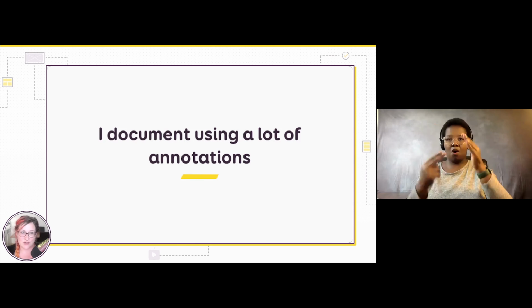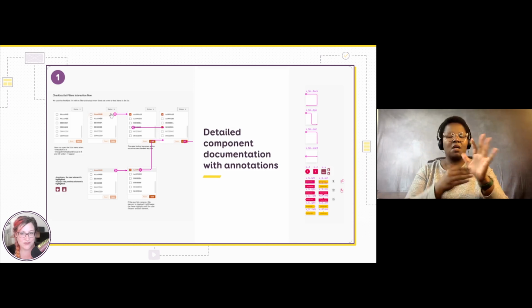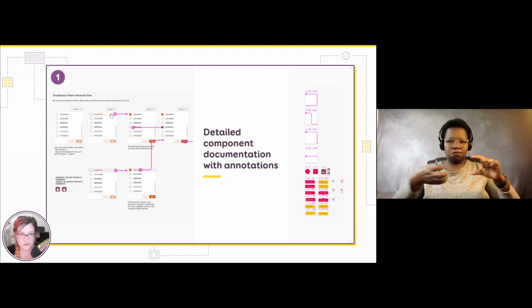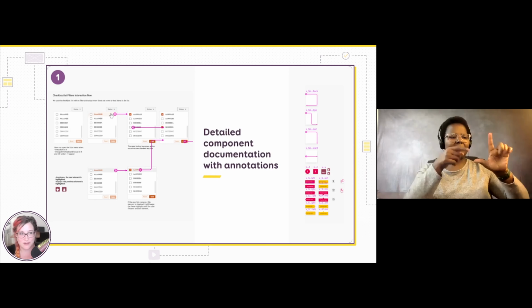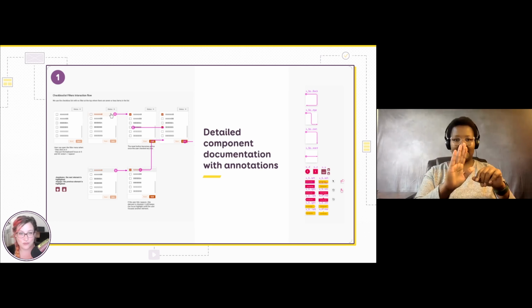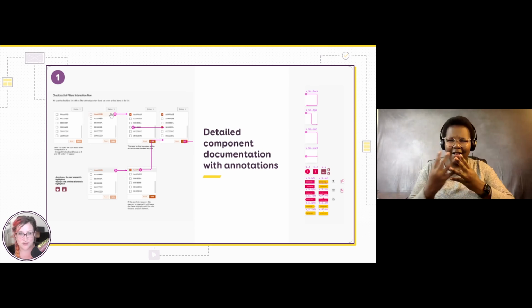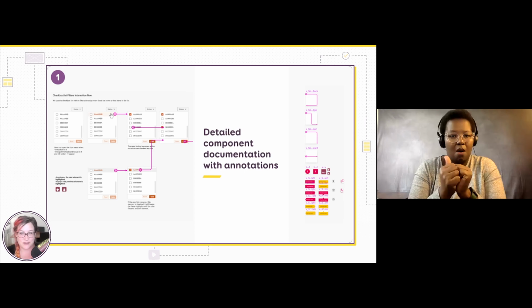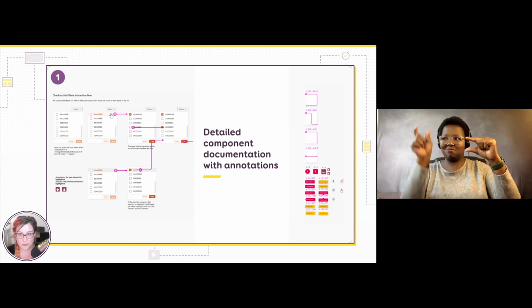And I document a lot of things using annotations. On the left here, I have an example of such annotation at component level. I have a quite complex filter, and I've documented the different states of these filters. And to help my developer team understand how this is supposed to work, I put this kind of small little annotation directly on the mockup components.